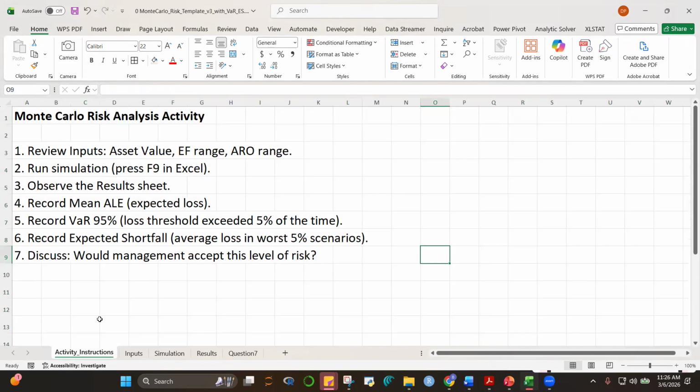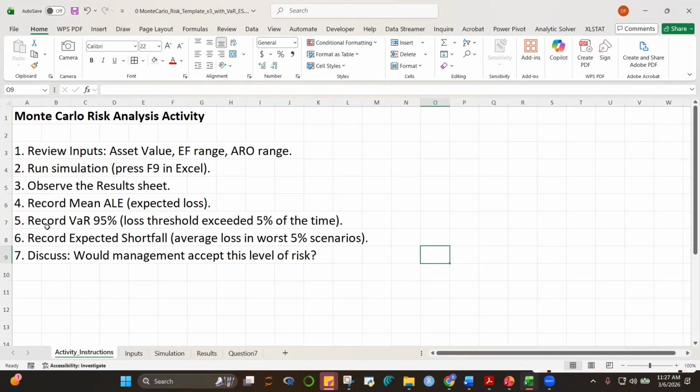Okay, here are the instructions. We're going to input the asset value, the EF and the ARO range. Then we're going to run the simulation, and we're going to take a look at the results sheet. And then we're going to compute for the mean annualized loss expectancy.